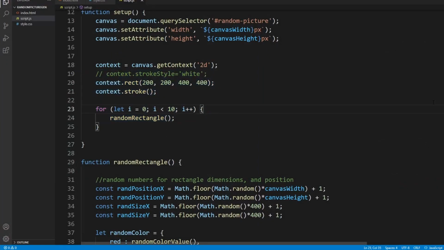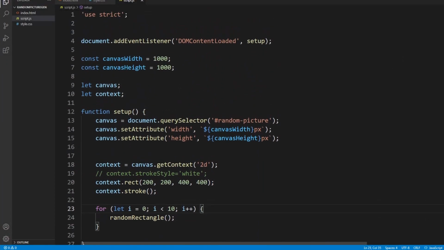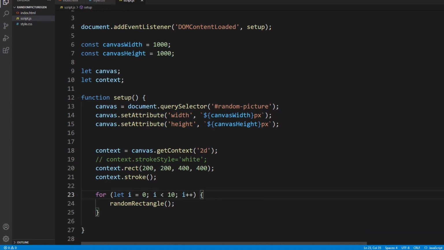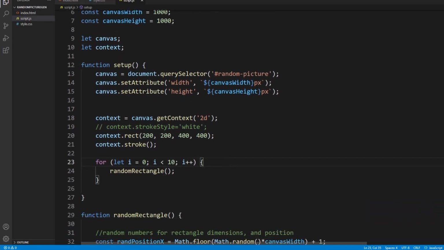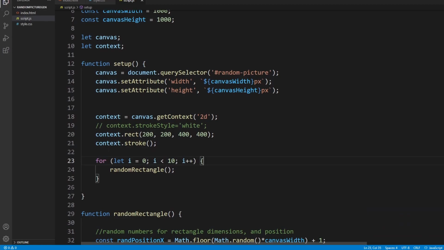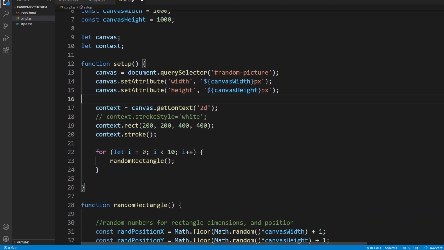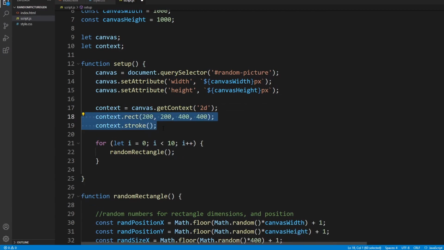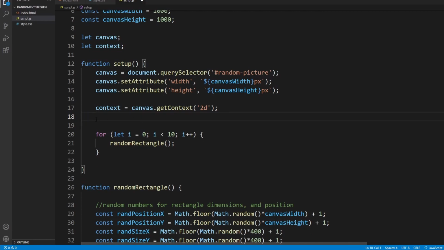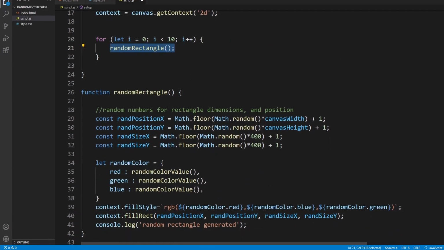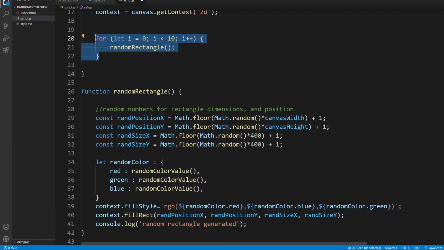at this point. So to sum things up for part 1, I created a setup function that generates the width, height, and creates the context, and which generates a random rectangle right now. I'm going to remove that because that was for testing, and I created a simple for loop that calls random rectangle. This guy here generates 10 random rectangles,